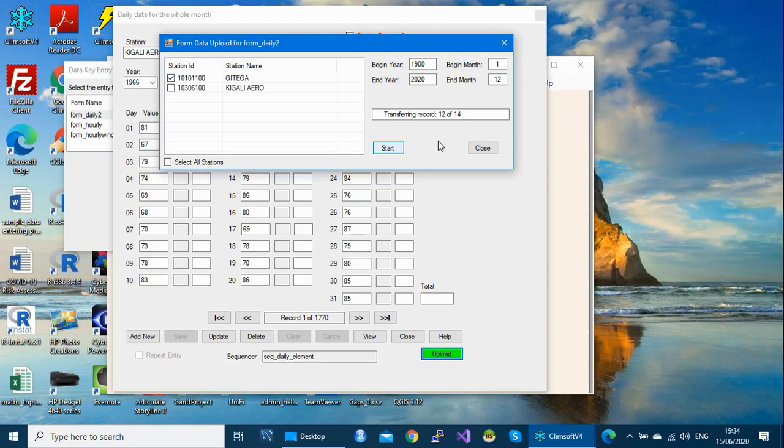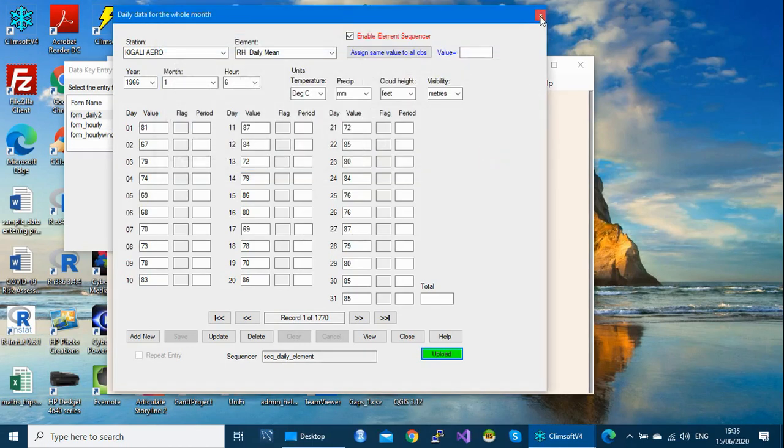And then after this, you need to check now, has it really done the work I wanted? See, it says data transfer completed. So it has completed. You now need to check this station to see if your data were really imported.